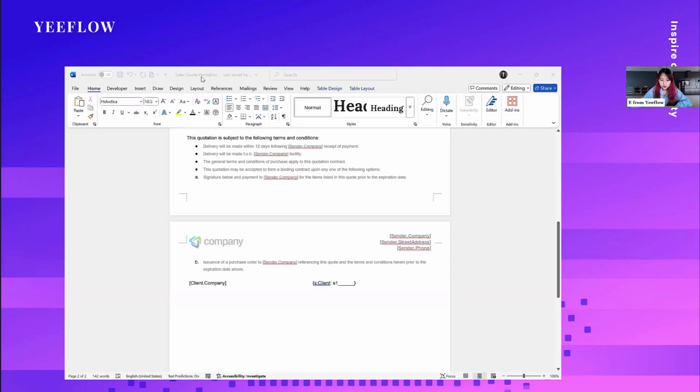So yeah, this is the one for PandaDoc. From here, we can see they have the S stand for sign, and Clint stand for the